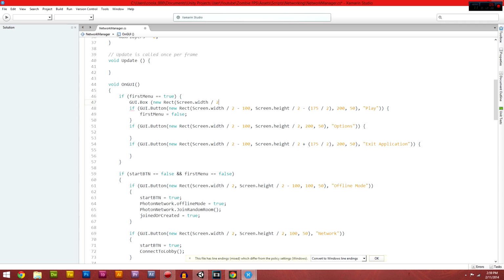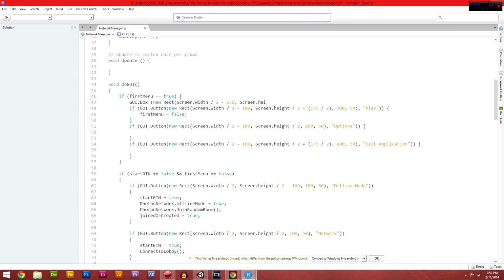Where do we want to start? Divided by 2 minus like 100, minus 125, 150, and the height will be screen.height